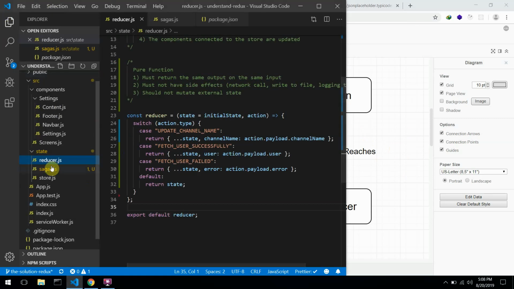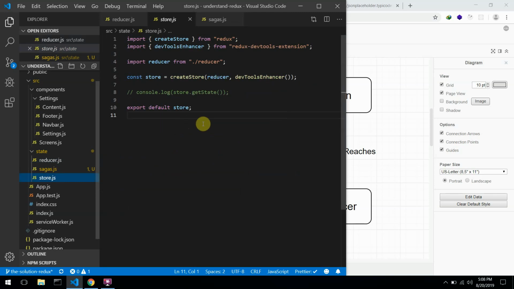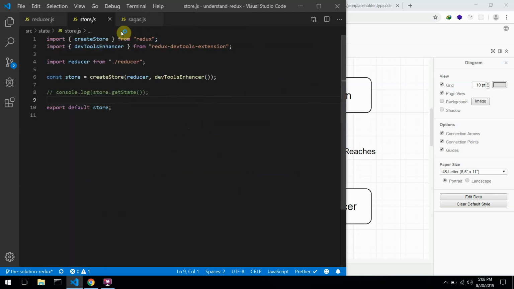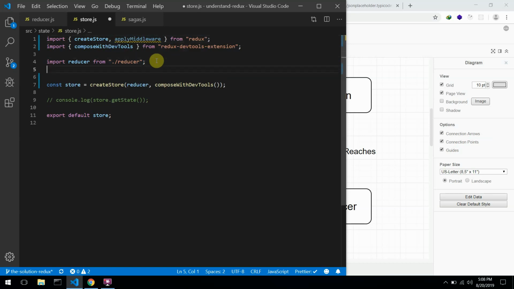To do that is very simple. We just go to our store.js file. So instead of DevTools Enhancer, we're making use of Compose with DevTools Enhancer. I'll just change this because we want to apply additional middlewares to our enhancer. So over here in Redux, I'll just import apply middleware. Then I'll import, I can just call it ReduxSaga from